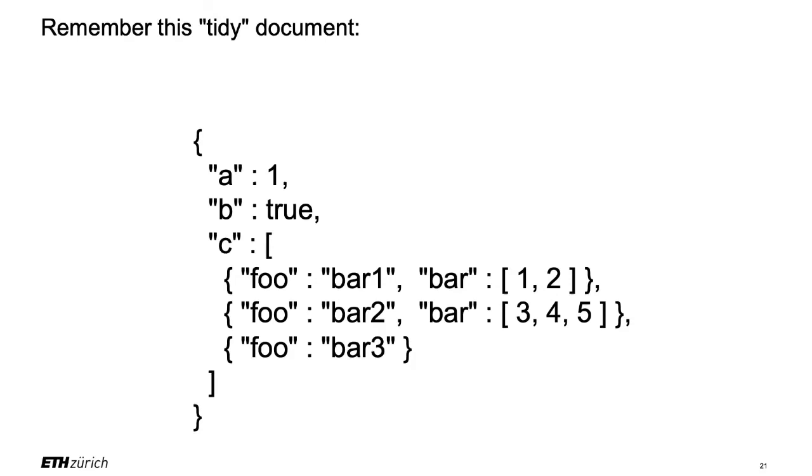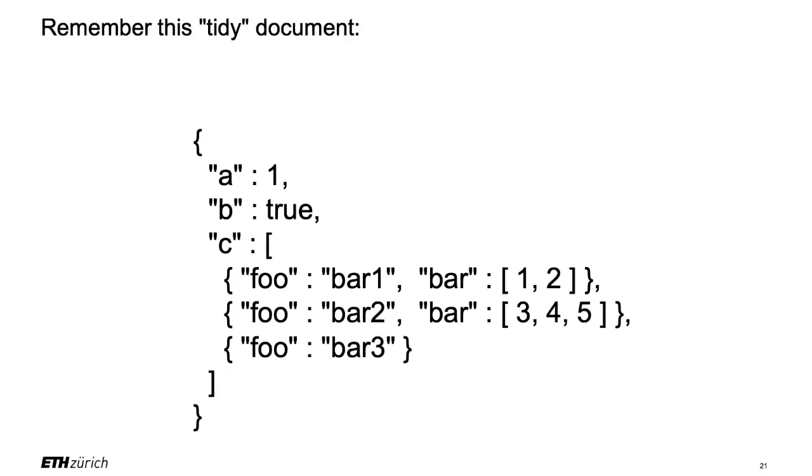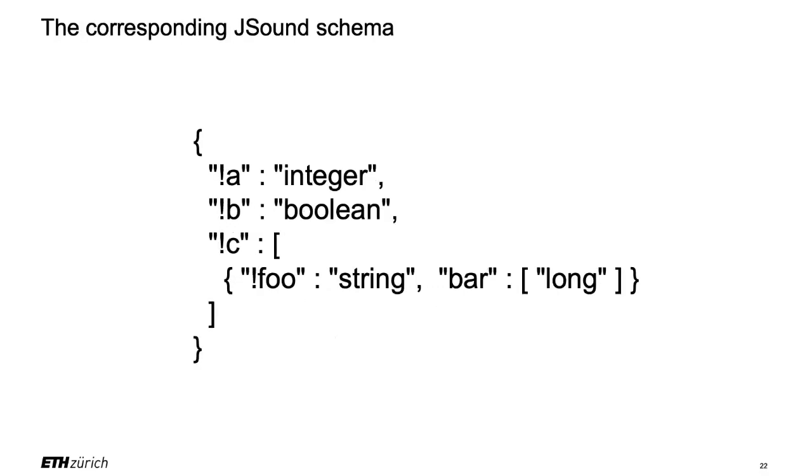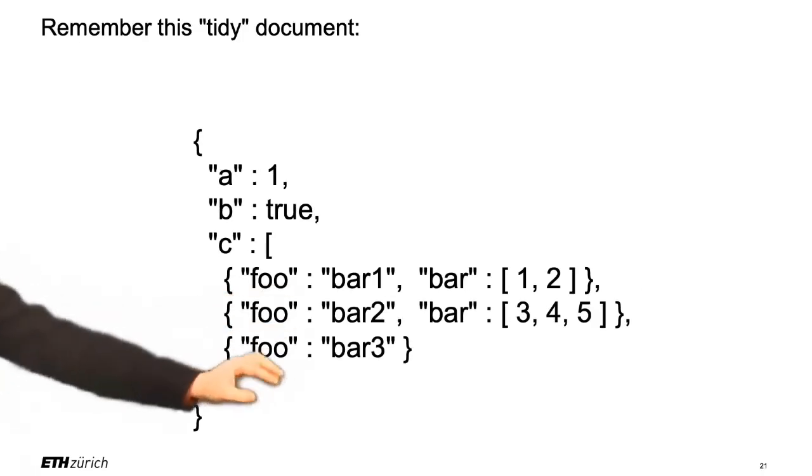You see that you want to rush into validating it, right? So this is how you do it. This is the validated procedure. You do this schema: a required A that is an integer, yes, A is 1. Required B that is a Boolean, yes, and C is an array of objects. What are these objects? A required field foo that is a string, yes, that's a string 3 times, but bar